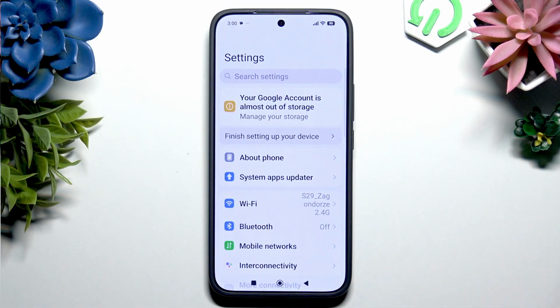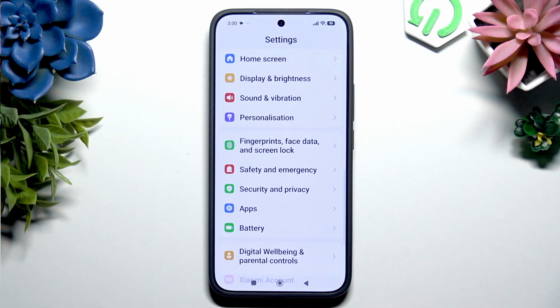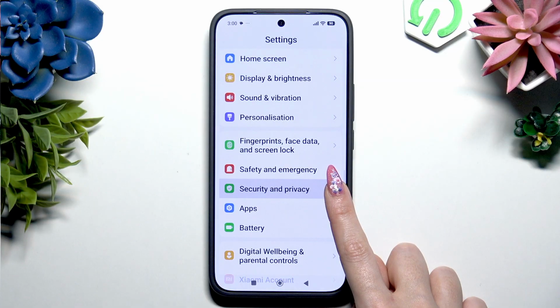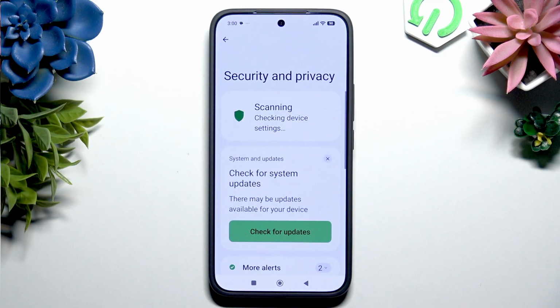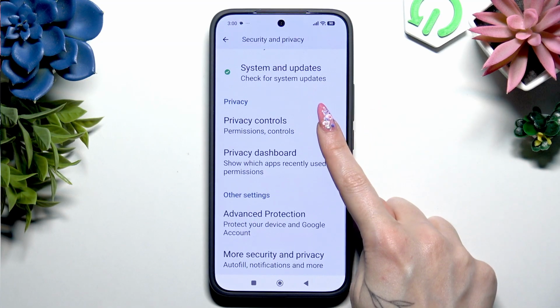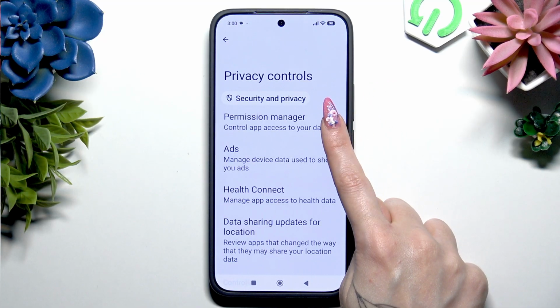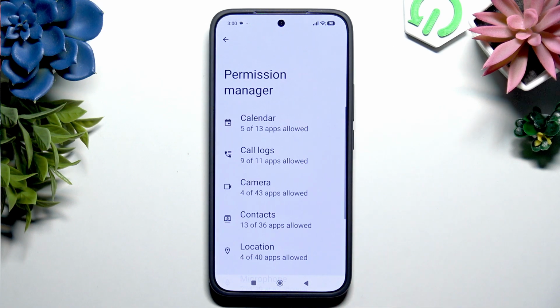First, open Settings. Then scroll to choose this section here called Security and Privacy. Now, you need to scroll down to access Privacy Controls, and when you're ready, select Permission Manager. To manage it, you can either pick any